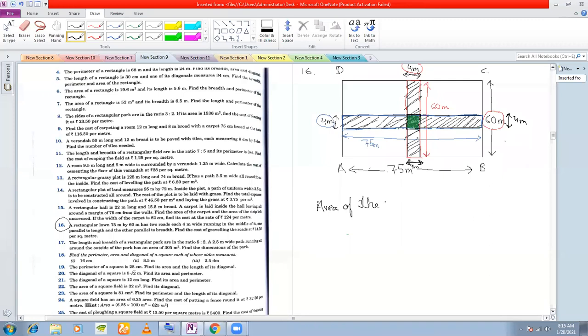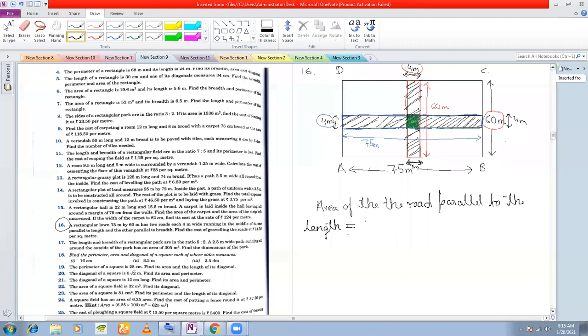the area of the road parallel to the length. Area of the road parallel to the length is